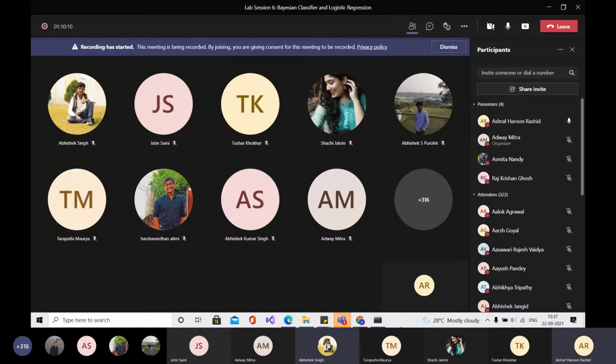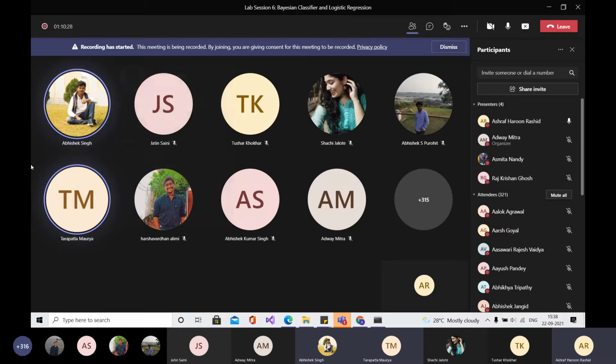Yes, somebody trying to say something? Yes, Abhishek, are you trying to say something? So by samples you mean the number of examples or rows, right?